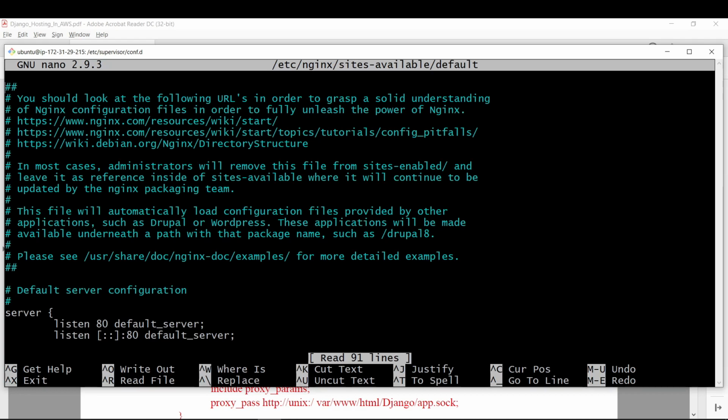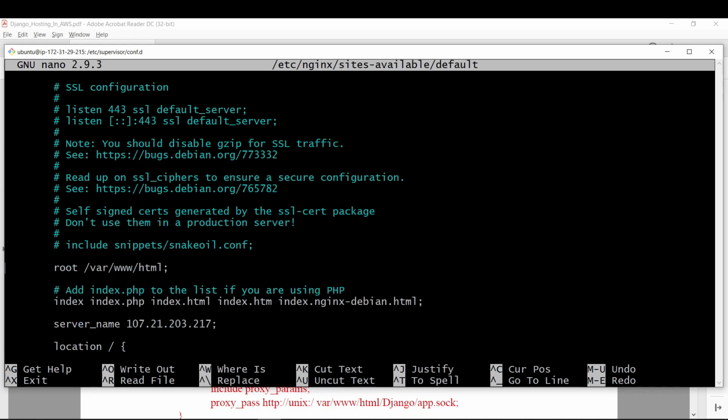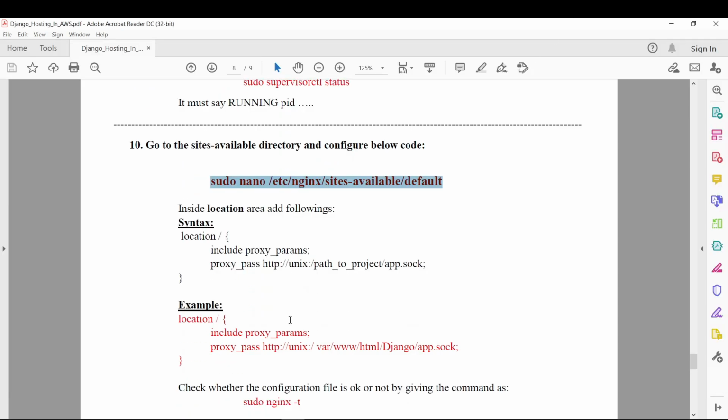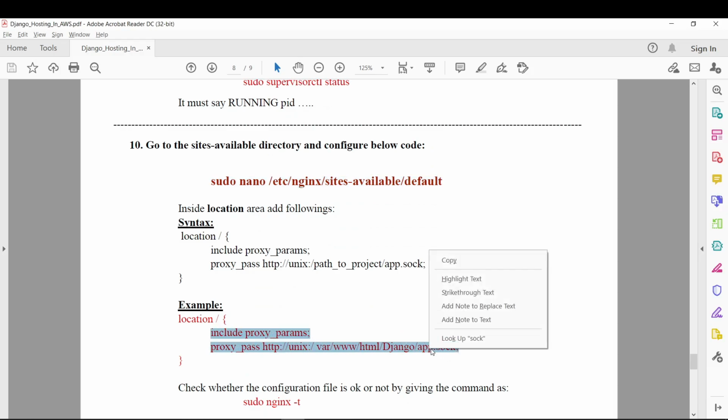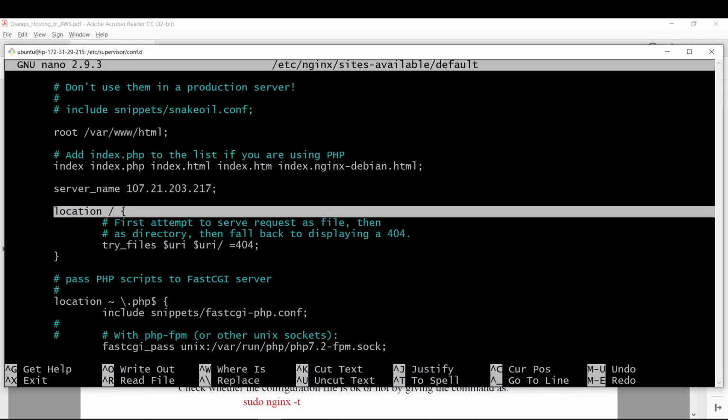So we'll be moved into this area again, and here what you need to do is simply add some lines of code inside the slash location. The command is here: include the proxy params and the proxy pass http. This one is configured here, in the location curly braces.